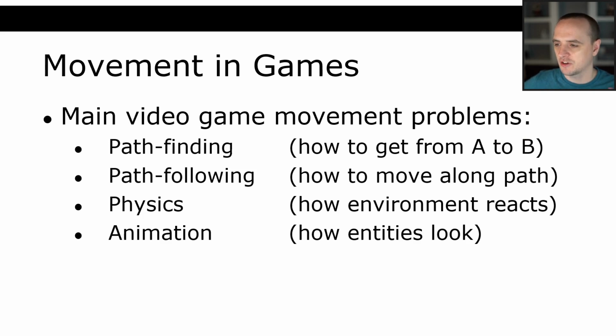And one of the prereqs for this course was 3200, where we did a lot of pathfinding. So we looked at methods like breadth first search, we looked at A-star pathfinding, we looked at reinforcement learning, and we saw that there's a bunch of different ways that we can figure out how to get from A to B in a map.